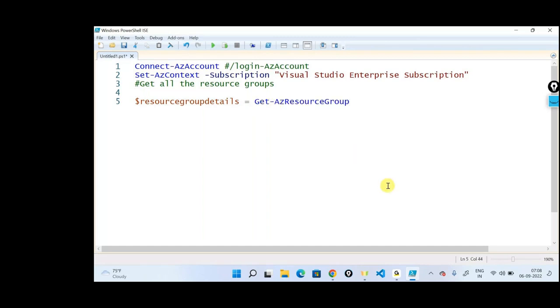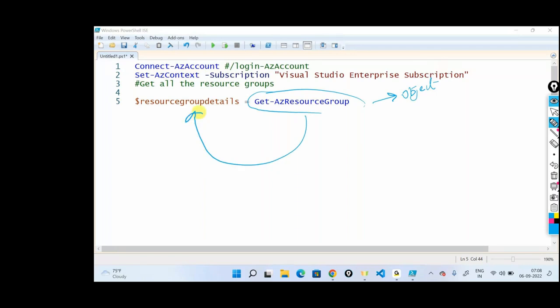$resourceGroupDetails is equal to Get-AzResourceGroup, which means that whatever output this command gives you, which is the resource group name, provisioning state, etc., which is nothing but an object, I'm storing inside this parameter called resource group details. Can you do that? Definitely you can. So if I go ahead and run this,